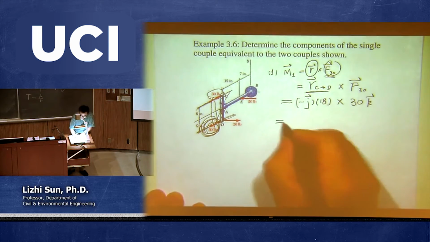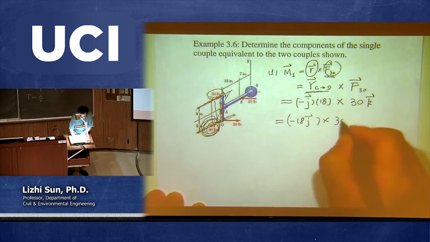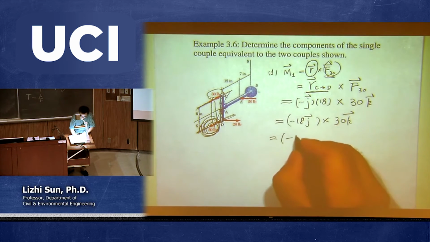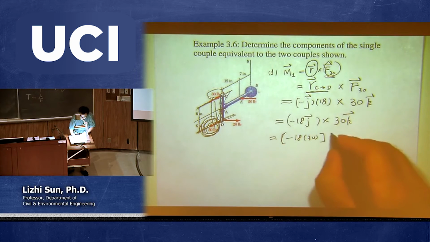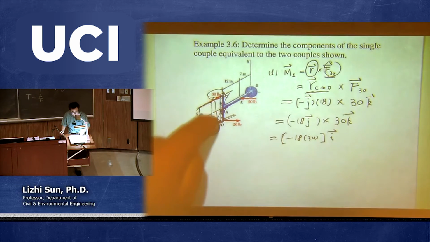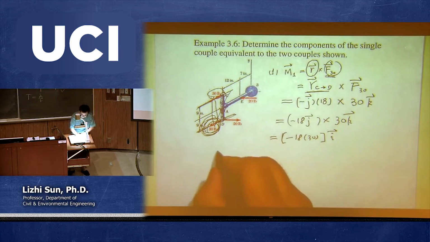So then it's negative 18j cross 30k. So you can easily do the math. j cross k equals i. So it's going to be negative 18 times 30 i. Okay, so this is the moment due to this couple. Any questions? Okay, so second, we want to,